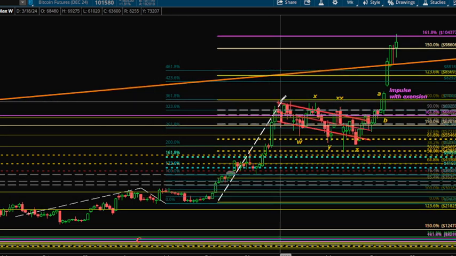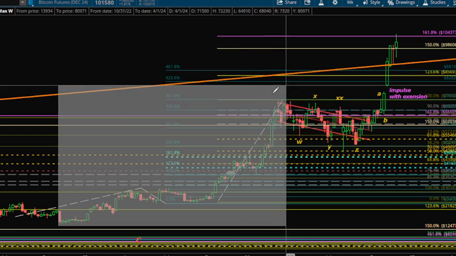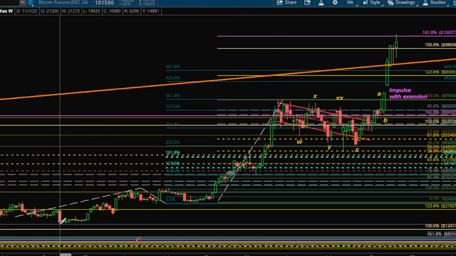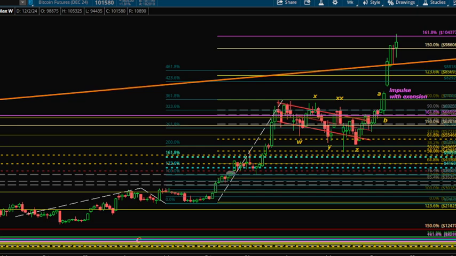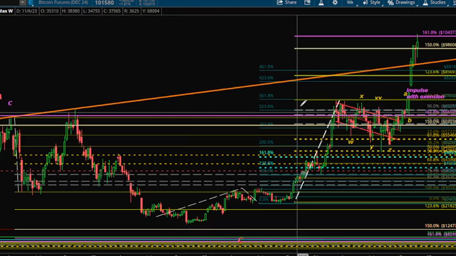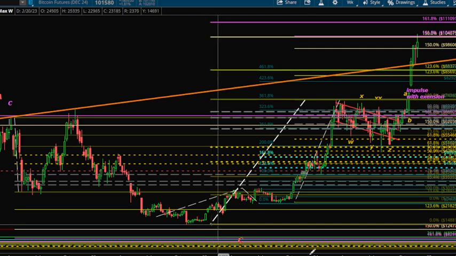So we're going to take this as one leg from here to here, which started November 7th, 2022 to March 11th, 2024. So we take the top of that, bottom of that,